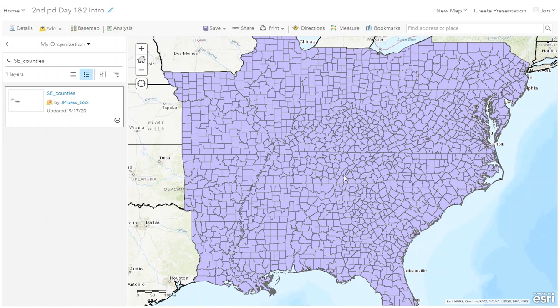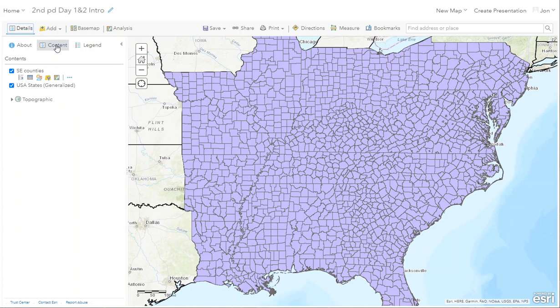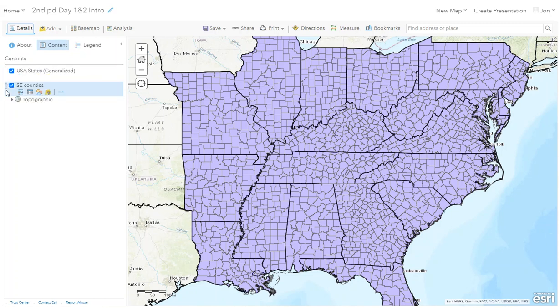So this is just the boundaries of the counties now. I'm going to change the layer order. So I'm going to go over to details, and I'm going to move the counties below the states or move the states above, it doesn't matter which. And now we can see the state boundary lines superimposed on top of the counties. Okay. Now mouse onto the counties,